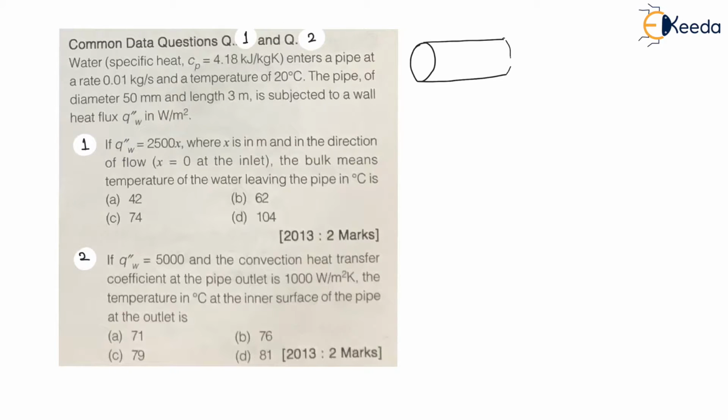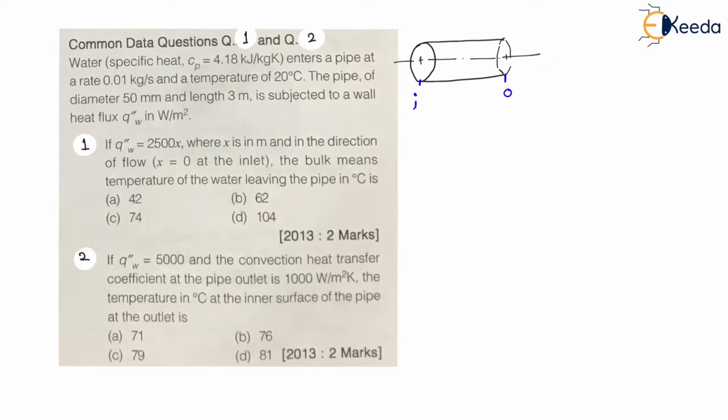Now, my dear students, let us say this is the axis of the pipe, and water enters from the axis. Always, whenever the temperature is given, it is given on the axis. Now let us say on the left side it is an inlet, that is I, and here there is an outlet O. On the right side is outlet O, which means the flow is from I to O.